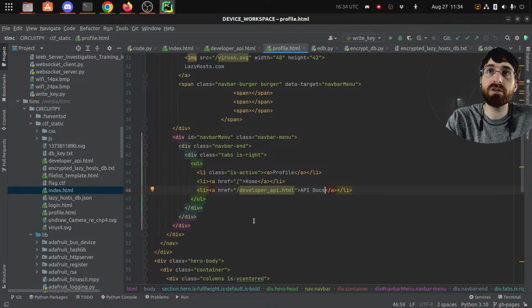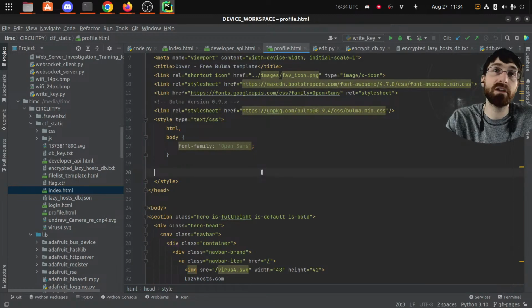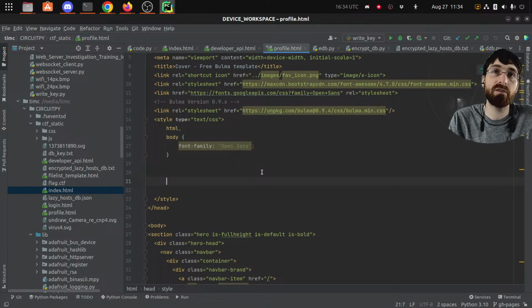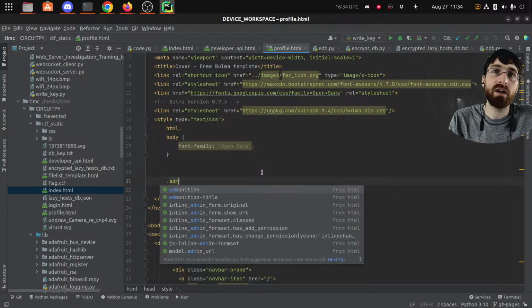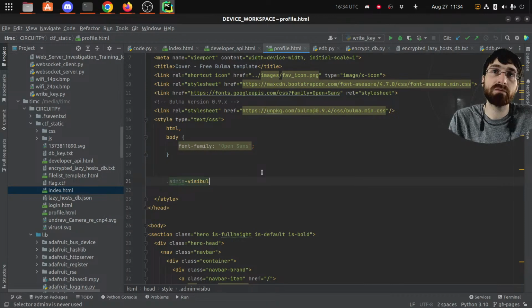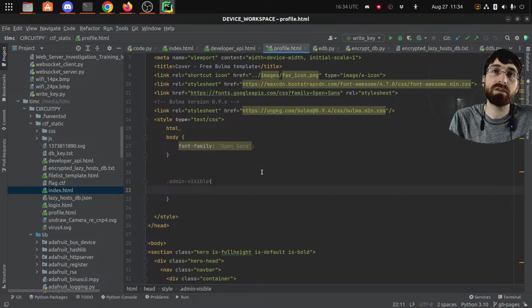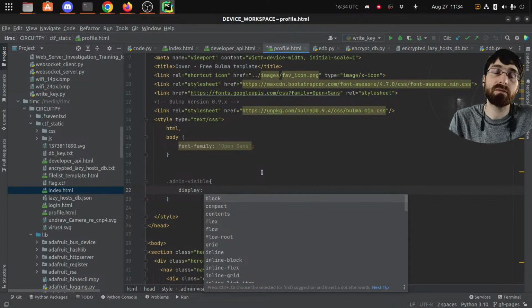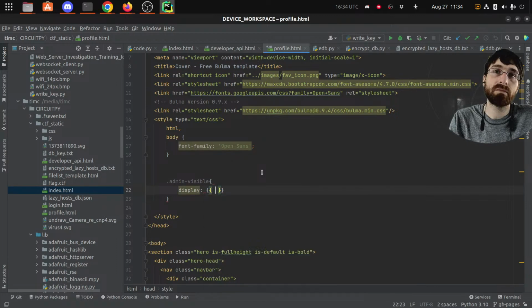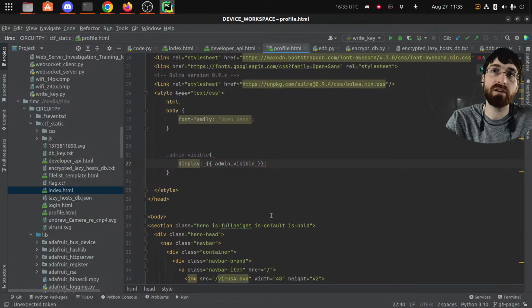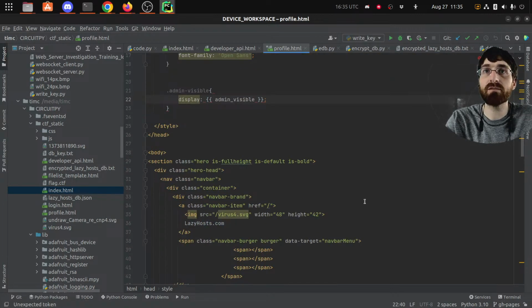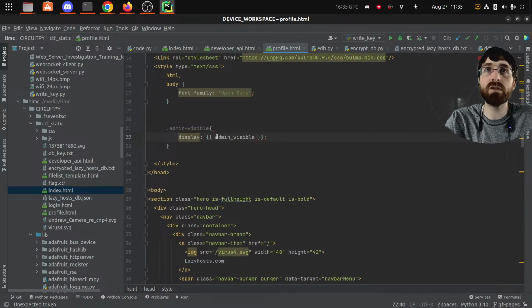So why don't we do something like we did on the home page, where we could have .admin visible, and that's going to say display that, not valid CSS, as the page has very helpfully pointed out for us. But what we're going to do is when we render profile,